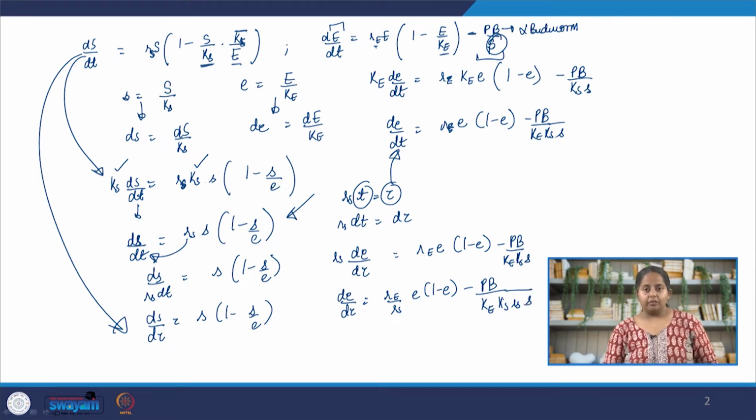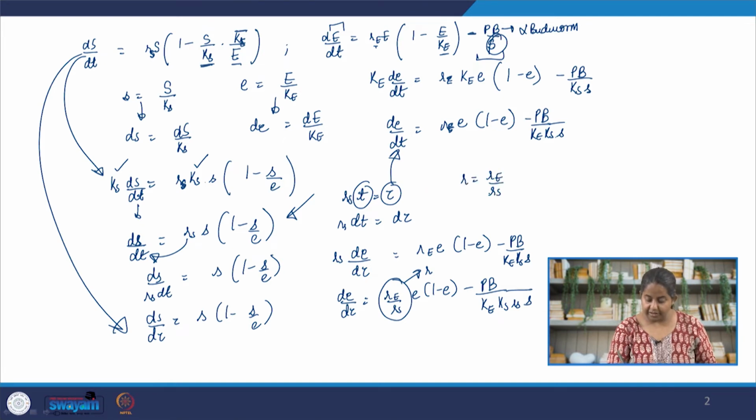Okay, now individually each factor in the second equation is also non-dimensionalized. We have to define non-dimensional parameters so that the whole equation is completely non-dimensionalized. So let's introduce a new rate factor. Let's call it R, which is equal to